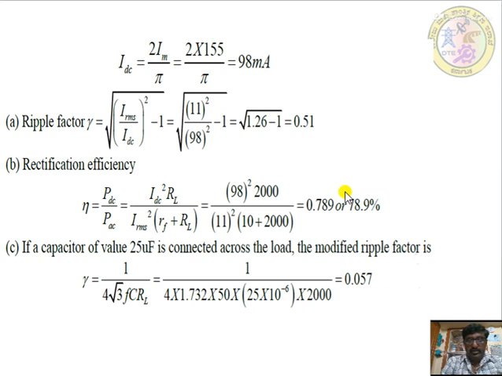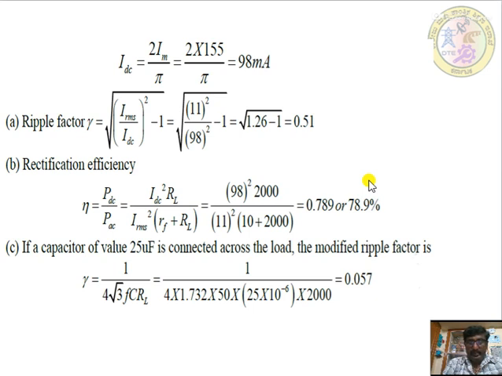So these are all the factors you should calculate to get the ripple factor gamma. The ripple factor gamma is equal to square root of (IRMS by IDC) whole square minus 1. So square root of 11 square divided by 98 square minus 1 will be 0.51. The rectification efficiency is equal to PDC by PAC, that is I square DC into RL divided by I square RMS into (RF plus RL). If we calculate it, we will get 0.78 or 78.9%,